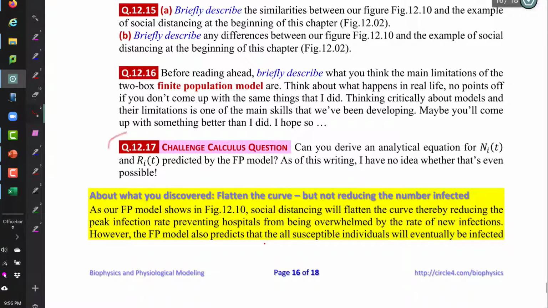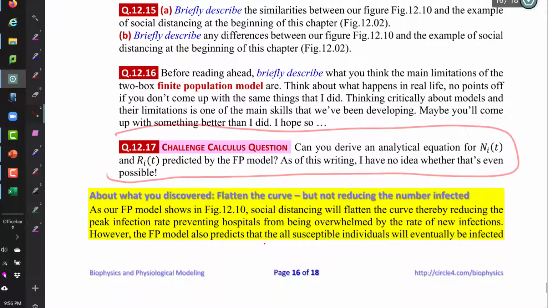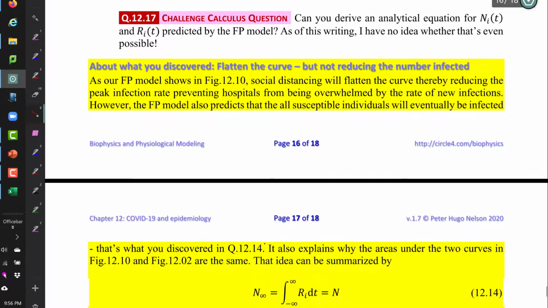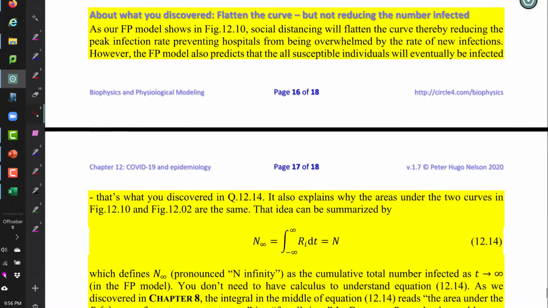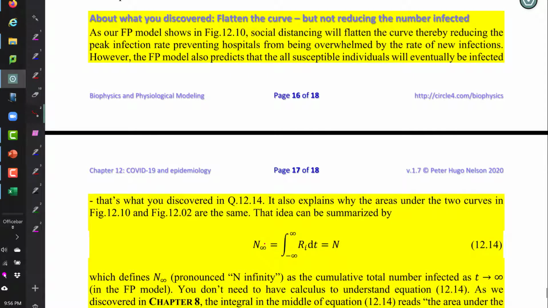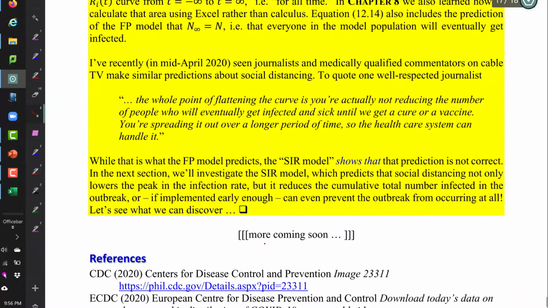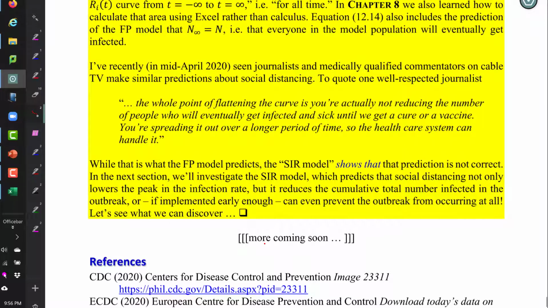And then question 17 is one that I haven't actually done. I think I might now know what the answer is, but when I wrote it I had no idea if it was even possible, but now I think it might be. Anyway, and then the last part, which I do want to talk about a little bit. I'm not going to talk about this. If you haven't done chapter 8, it'll kind of freak you out, so don't worry about it. This is just saying that you can figure out what the total number infected are. One of the things I wanted to talk about is